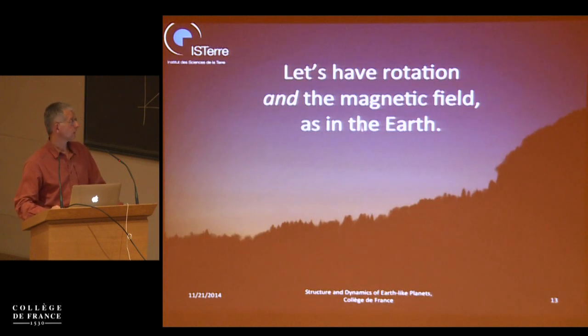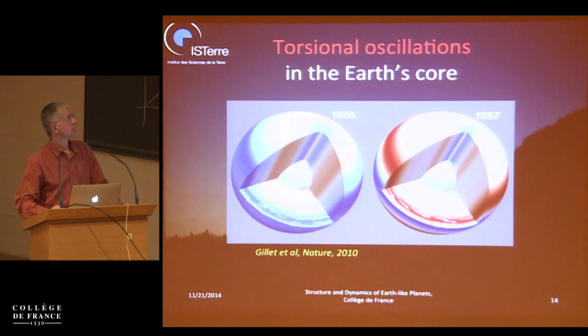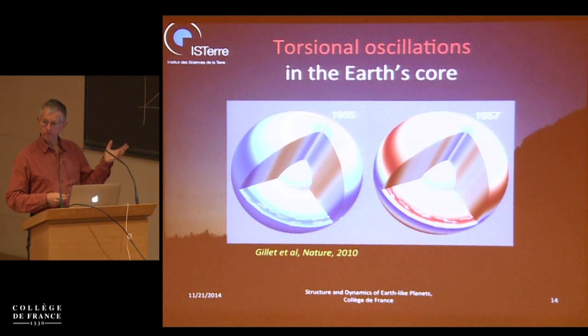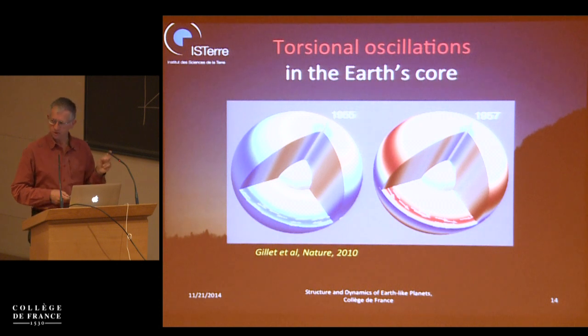One possibility, the one we favor, is that there is rotation for the Earth. And one thing which we know from Braginsky in the 70s and which is now demonstrated from observations, is that in that case you don't get Alfvén waves which can freely propagate, because Alfvén waves are stopped by rotation when the timescale of the Alfvén waves is longer than the rotation, than 1 day. And in fact, what you can get, though, are some particular type of Alfvén waves, which are called torsional oscillations.